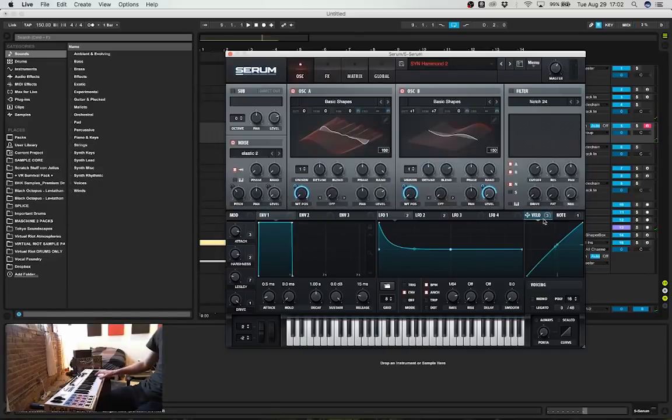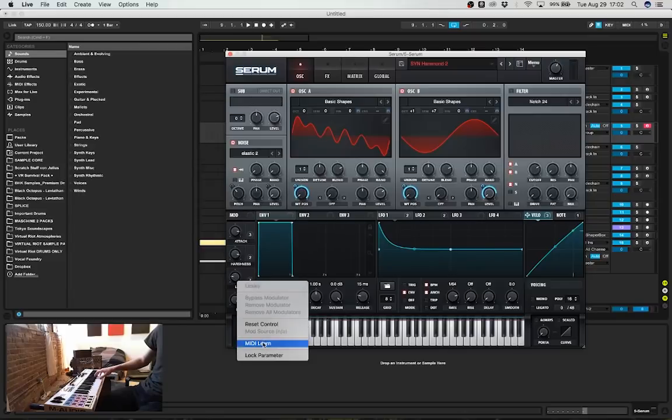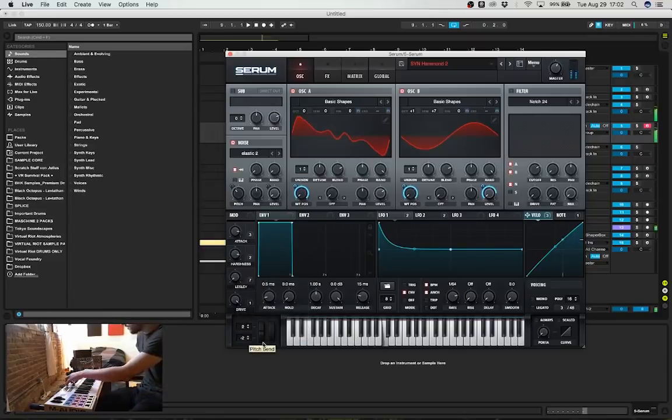So basically, the harder I press, the more overtones these wavetables are adding. If I press very softly, it's basically just a sine wave. The attack is the Elastic 2 sample in the noise oscillator, and if I press harder, it's going to be more overtones. And also there's drive and all that. I even made a little Leslie kind of thing. So if I MIDI learn this to a fader,